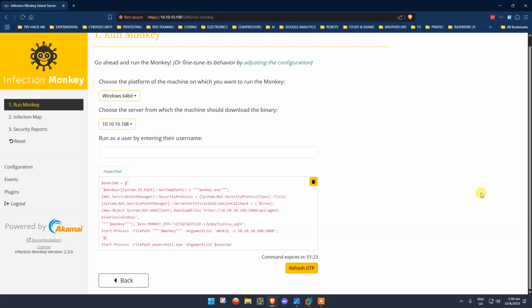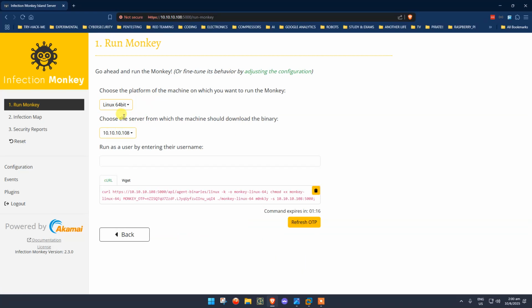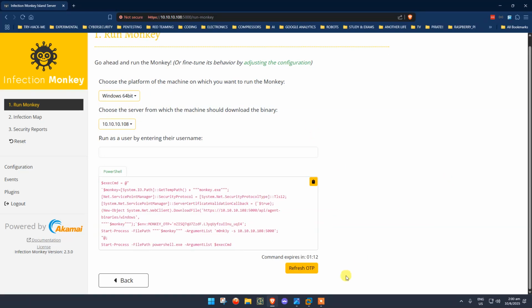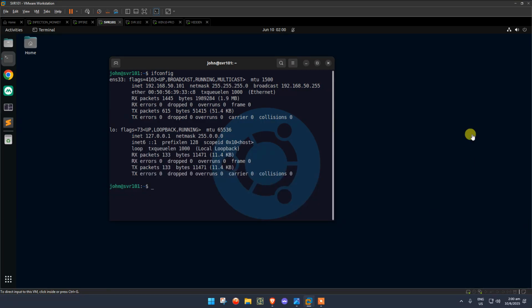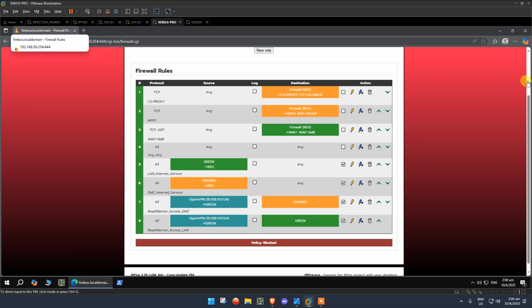on any of the machines that you want to try, to see how it behaves and works. Right now I'm just going to run the Windows version, and I'll run the Linux version later, right after this. There is an OTP that expires in 2 minutes or so. You can just refresh it and copy the command. Once we copy the command, we'll go back to my Win 10 Pro,